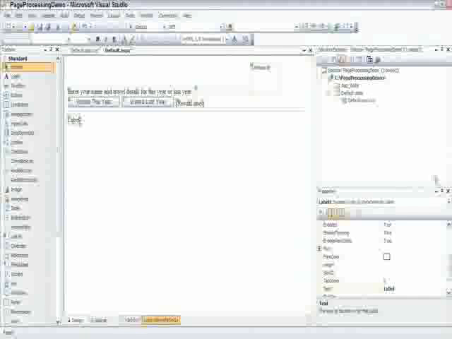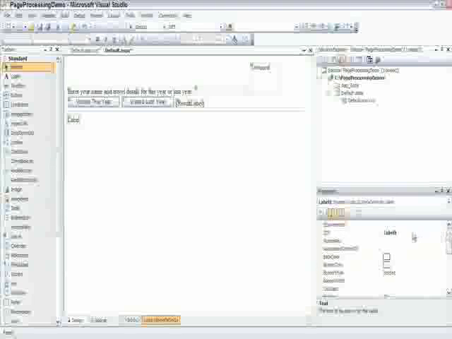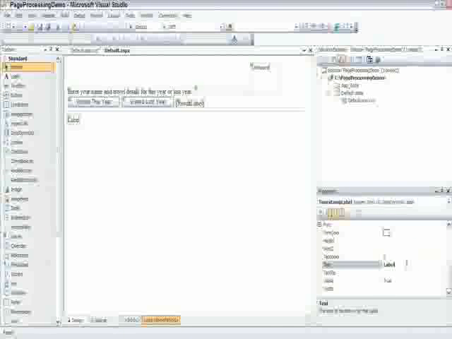the end. And that label is going to display a timestamp, which is going to be refreshed every time we visit the web page. So let's set the ID to be timestamp label, and let's set the text property to be empty at the moment. Okay, right, now first of all, let's go back to the source view and just put